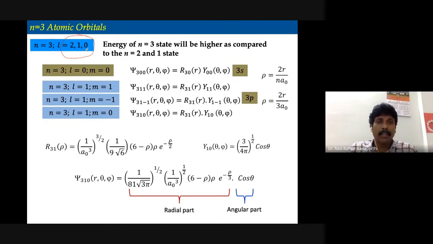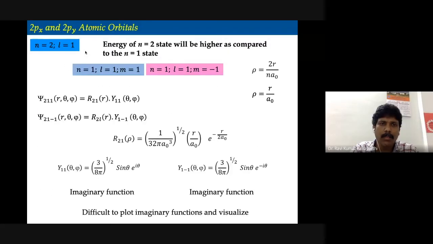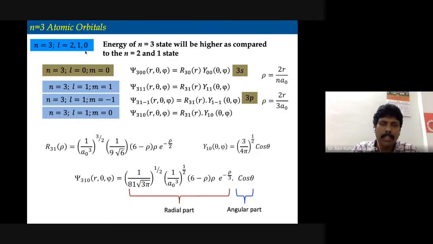Okay, and when L is equal to 0, that we have already seen, if I'm correct. Am I right or wrong? Did we see L is equal to 0 case? Nobody is talking. So not with n equal to 3. Earlier, n is equal to 3, nothing we have discussed then. No. Okay.